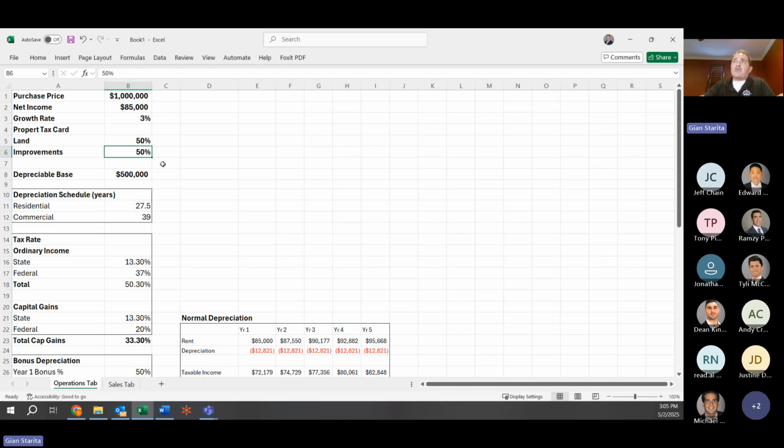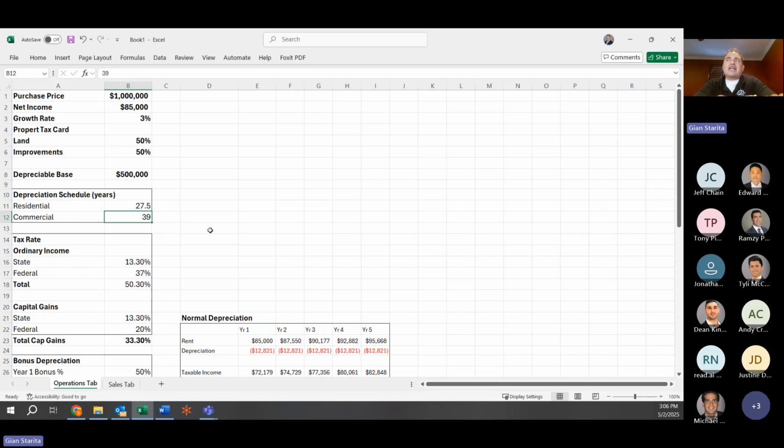And when you say for so many years, the IRS has said that residential, which includes apartment buildings, is supposed to last for 27 and a half years. And commercial properties like a warehouse building or an office building are supposed to last for 39 years, right? So I think we all know plenty of apartment buildings that are older than 27.5 years, and we know plenty of commercial buildings that are older than 39 years. But for purposes of this discussion, we're just going to use the IRS schedules. And very few of us are multifamily brokers, so I'm going to use the commercial schedule.